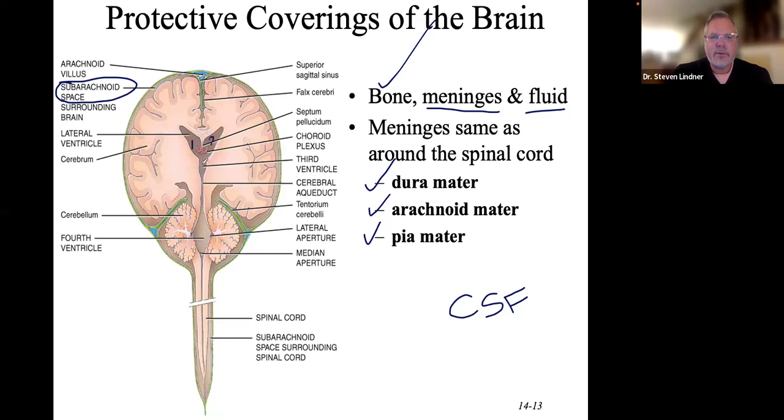Ventricles 1 and 2, ventricle 3, and ventricle 4. So within these chambers, these ventricles, ventricles 1 and 2 are known as the lateral ventricles. There's going to be cerebral spinal fluid that has to flow from these lateral ventricles and get into the third ventricle. And then from the third ventricle, it's got to find a way to get into the fourth ventricle. And then after the fourth ventricle, it exits and goes right down here through the center